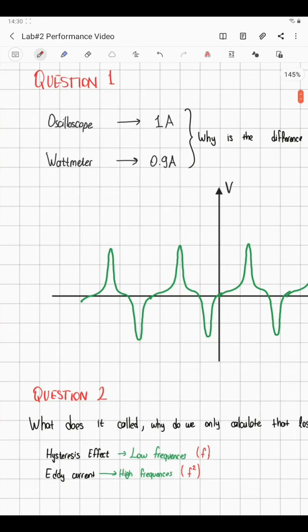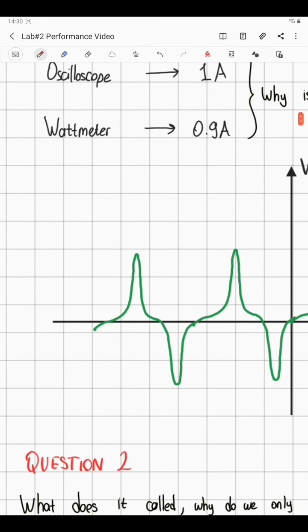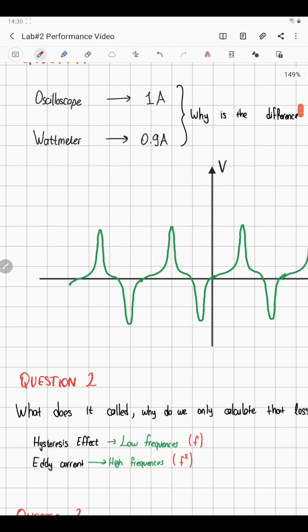And the difference between the average RMS and the true RMS is that the oscilloscope actually looks at the wave and tries to compare it to other waves, such as a sinusoidal wave or square wave, and it approximates the signal,